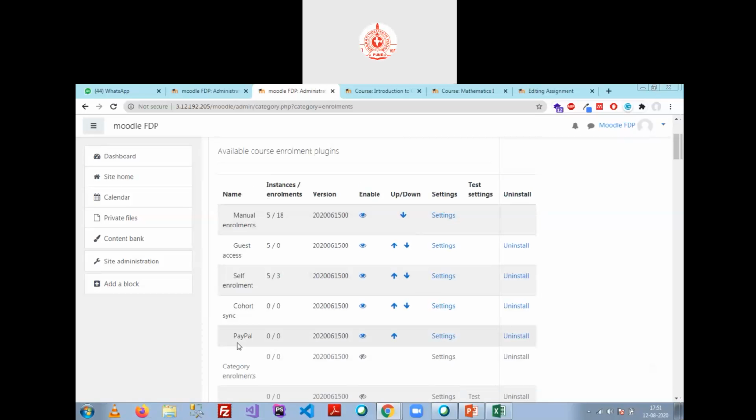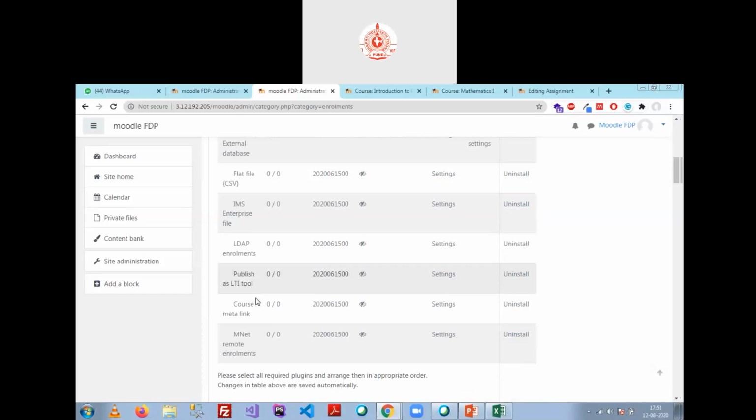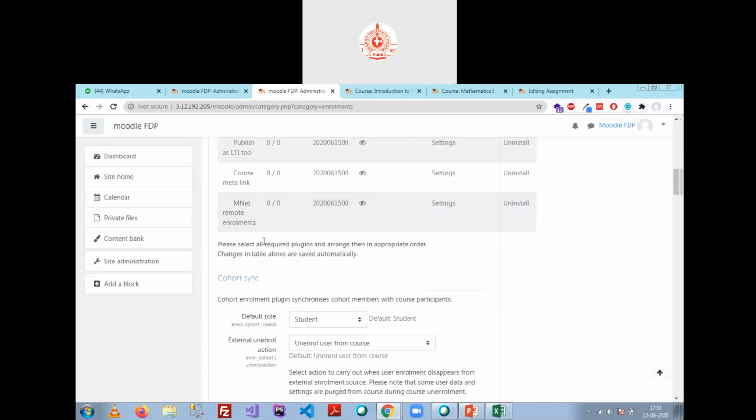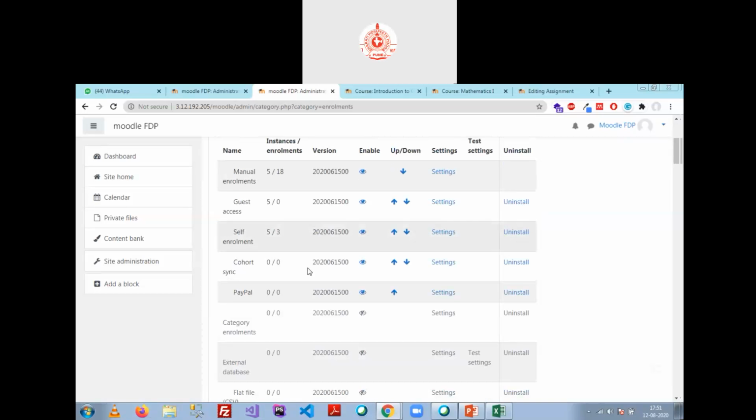This is the one best option for the payment gateway, which is provided by Moodle by default in its setup. But there are also some other options through which you can enroll using a payment gateway. I really don't know the names because they are basically used for foreign countries, not for India. We just know about PayPal. Thank you, sir. Welcome.